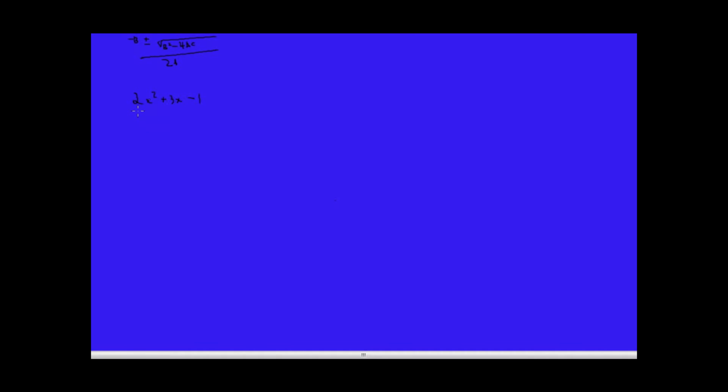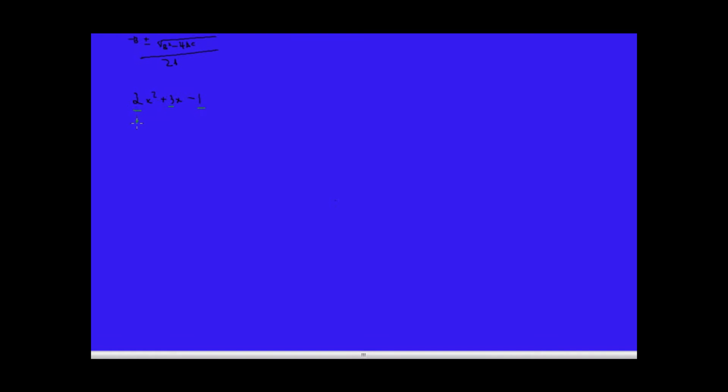First of all, I want to assign values to my coefficients. I see I've got, in a different color, this 2 in front of an x squared, and I've got this 3 in front of an x, and I've got this 1 that isn't even being multiplied by an x. But this is the standard form of quadratic equation, and I can assign these numbers that I've underlined values. Whatever is being multiplied by the x, or in this case by itself, can be